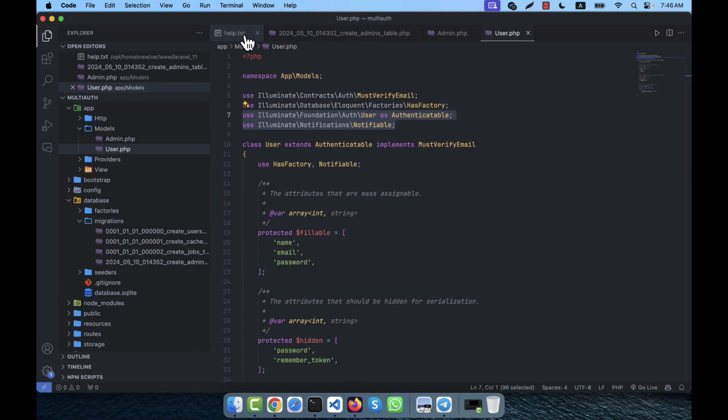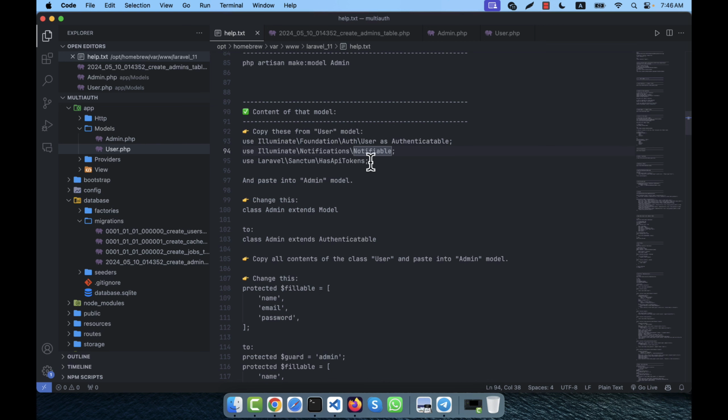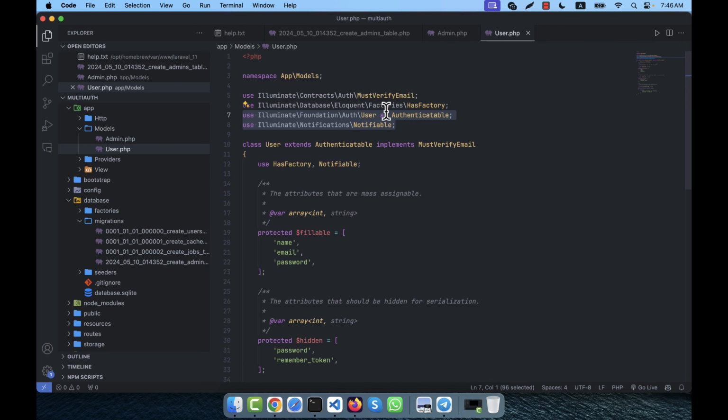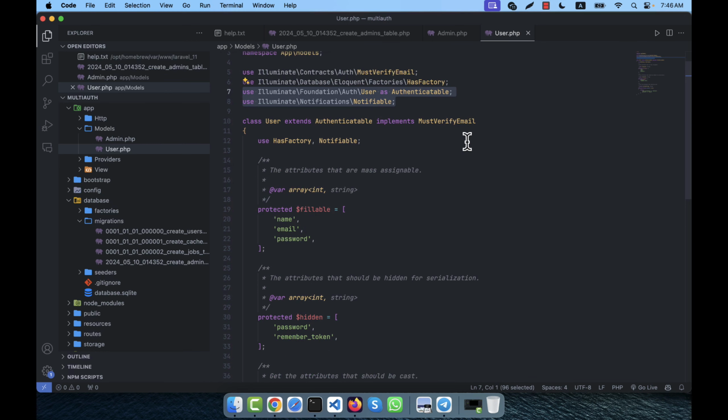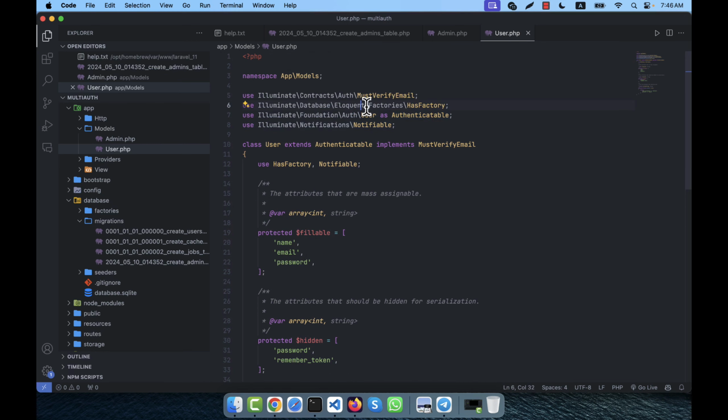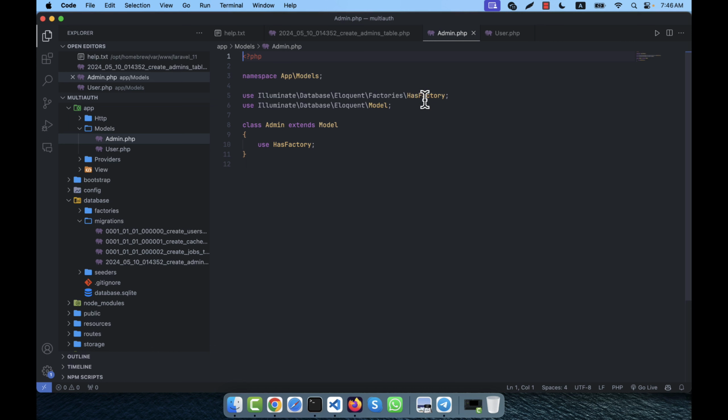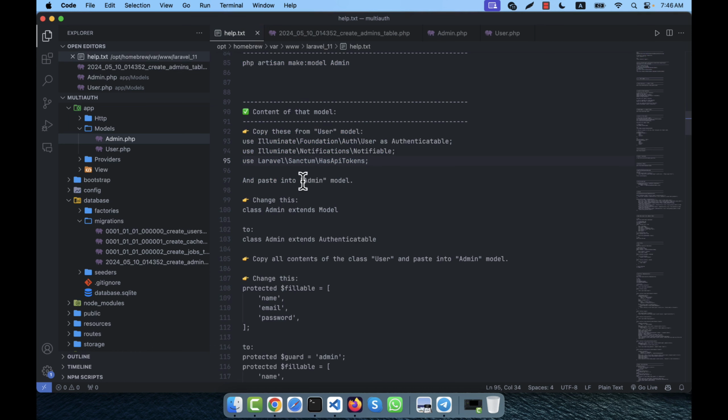And another one, Laravel Sanctum. HasApiTokens is not here, so I just copy these 2 lines only. Okay, Eloquent Factories HasFactory, MustVerifyEmail. I copy all the 3 things from here, HasFactory, Eloquent Model, and paste into